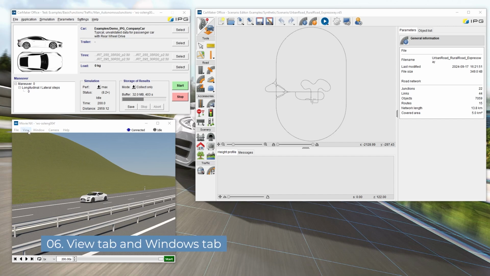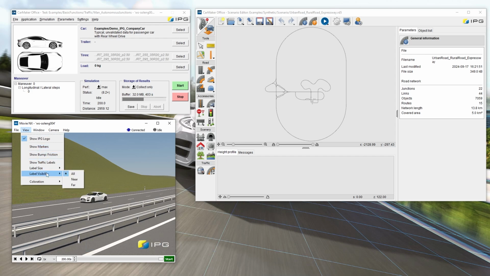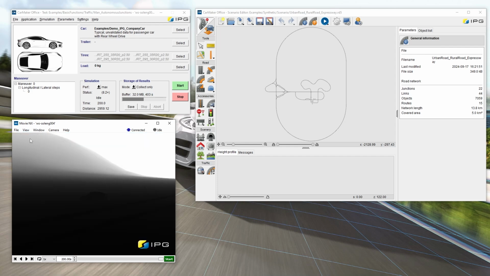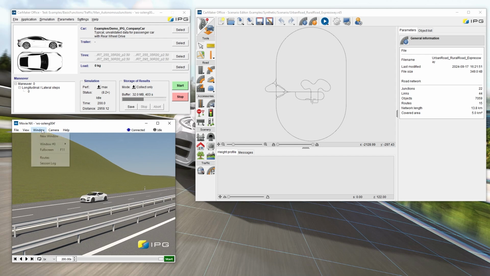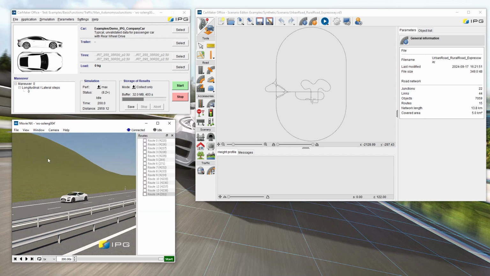In the View tab, you can toggle elements like IPG logo, road markers, friction bumps, and traffic labels. You can also change the coloration. In the Windows tab, you can turn on Route View.